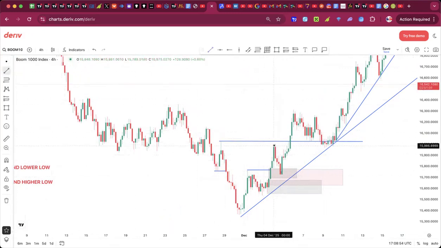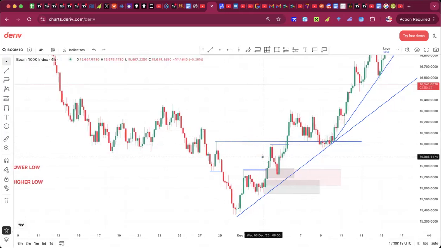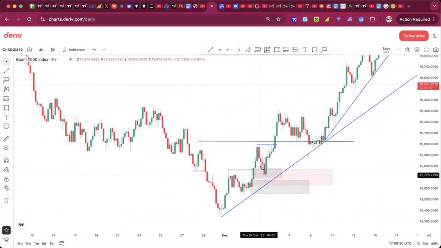Now, this break of structure is still not up to this external high. It's still not up to this external high. Can you see now? It's still not up to this external high. But this is what happened. The market